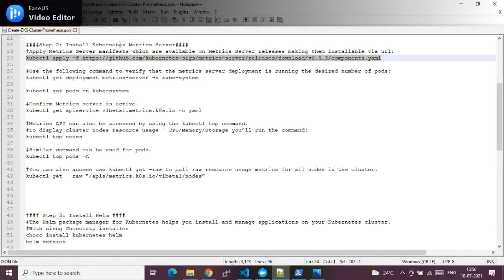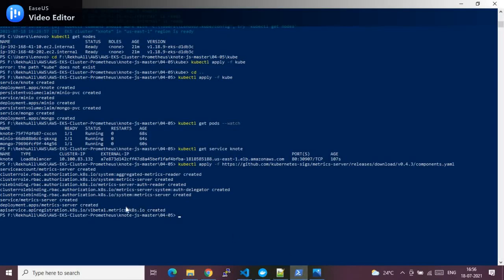What this does is install the Kubernetes metric server on our EKS cluster, which is needed for our Prometheus service to work. So these are the prerequisites before you install the Prometheus server. As you see here, it has successfully created the required deployment in our EKS cluster. kubectl apply -f is nothing but a deployment to your Kubernetes cluster. We have deployed, or enabled, the metric server in our EKS cluster.